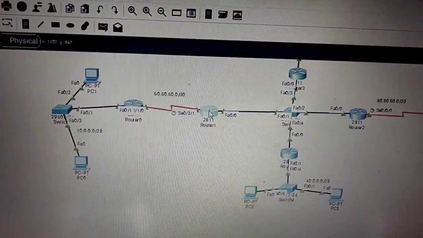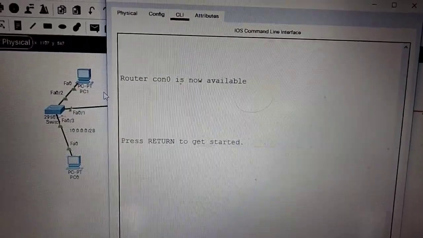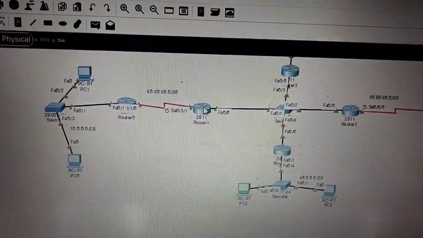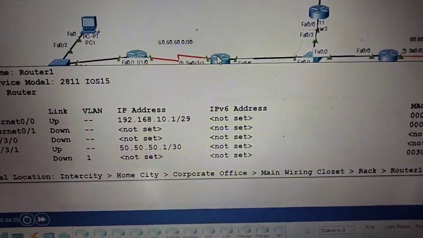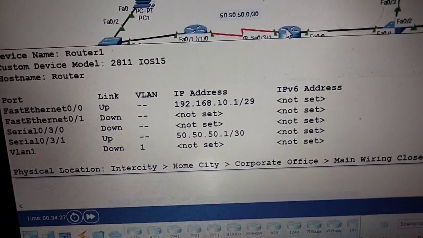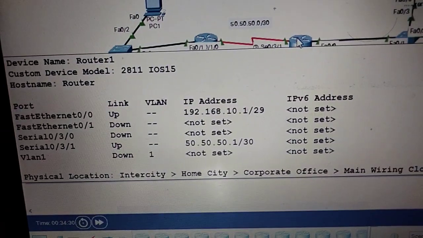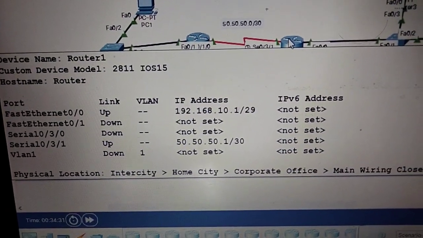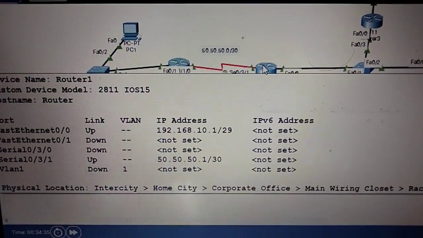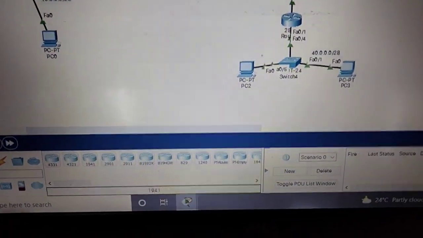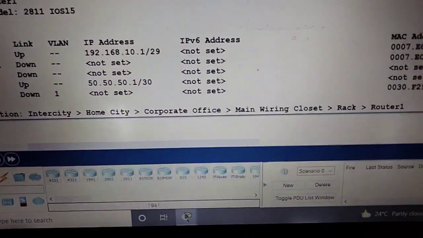Let's see here. I have taken only one here. For router 1 I have taken only one. See here, 50.50.50.1 on serial port 0/3/1. This is coming to the systems.